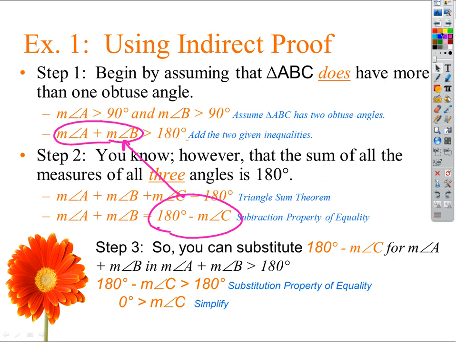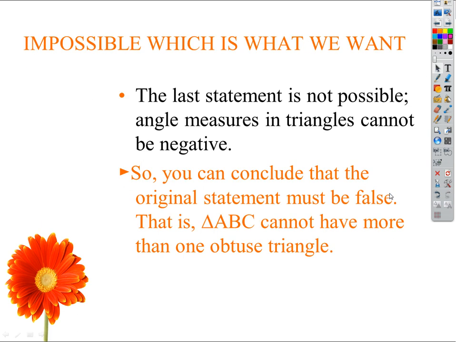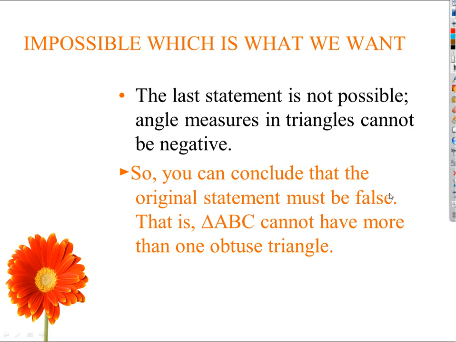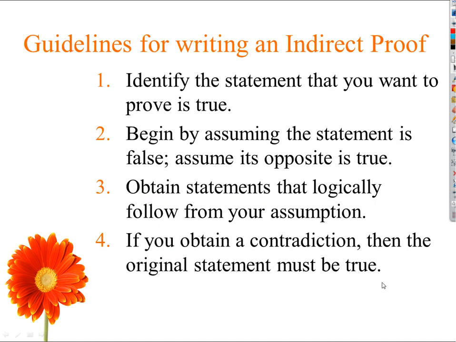All right, and then the other thing I'll show you quickly is the Hinge theorem. We'll come back to this a little more later, too. The Hinge theorem is really simple stuff. Let's summarize. The last statement is not possible, and so therefore we can conclude that our assumption is false. So if you want to look at some guidelines for an indirect proof before we jump onto the Hinge theorem: